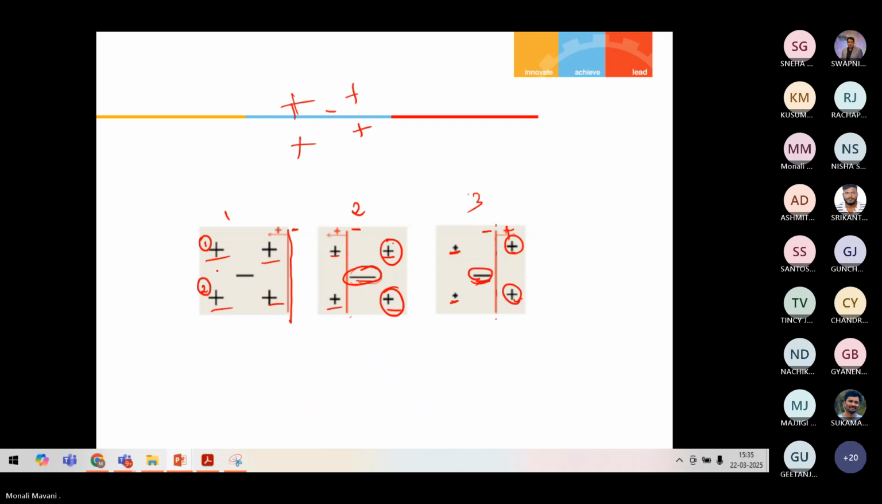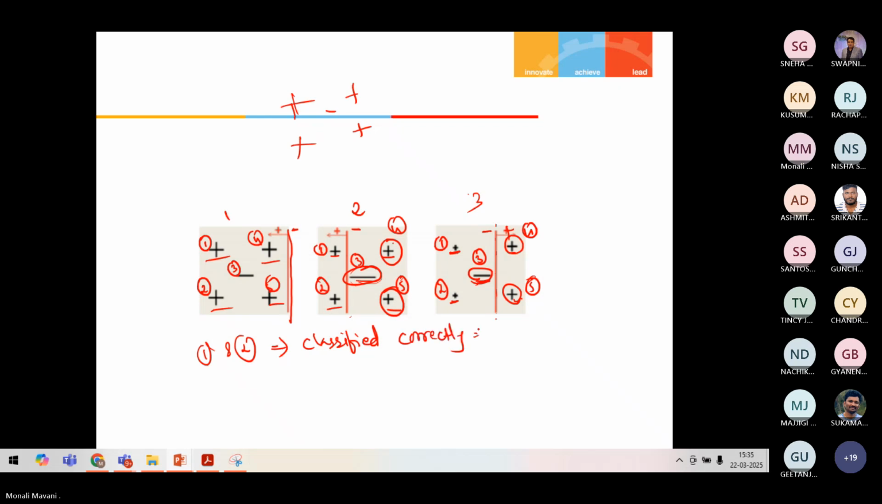Say I'll give the numbers: 1, 2, 3, 4, and 5. 5 data points. Say 1 and 2, they are classified correctly. In how many iterations? Yes, 2 iterations. Even in the second iteration,